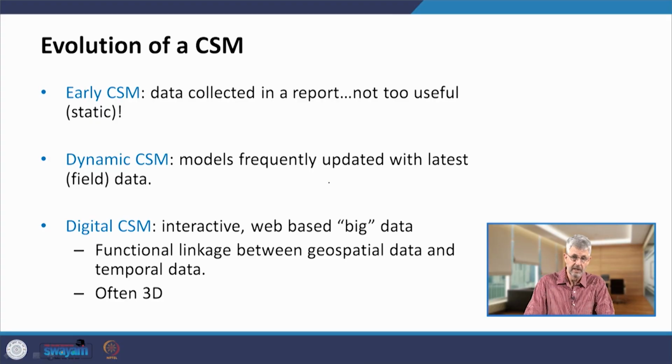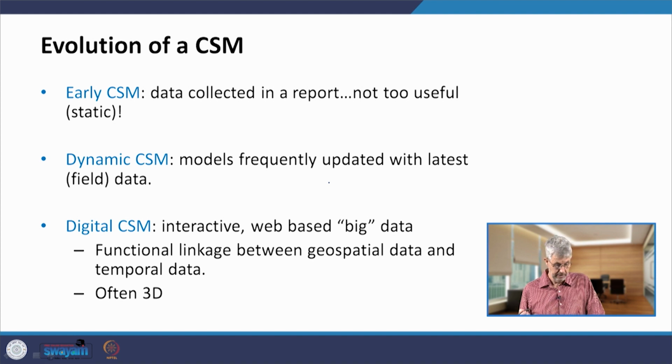So an early conceptual site model could be as simple as a report, meaning we went out on the 5th of January 2023, investigated the gas station on the corner of MG Road and Republic Road, and we found so much BTEX contaminants, and here's the table showing the data. That's it. That gives us some idea, but that's very simple, a basic model.